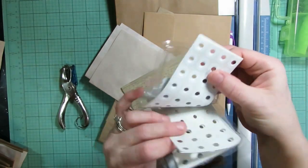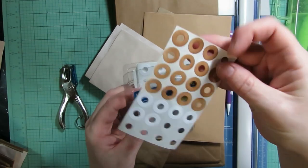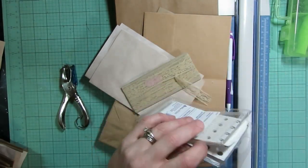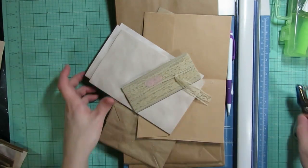Sometimes you can find them in neon colors too. But I will take my inks and color them up. So I have some that are already colored in a brown color, and I just use Vintage Photo ink from Tim Holtz for that. So now, to start with,